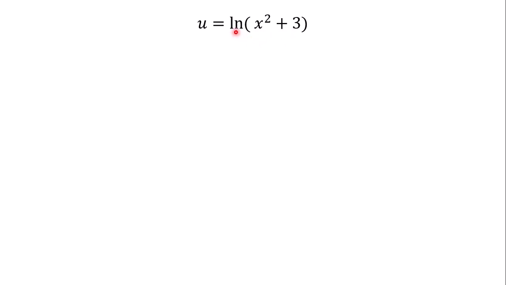To differentiate this one without encountering difficulty, I'm saying that we assume we are familiar with something like natural log of t is equal to 1 over t. We just write 1 and we divide it by the t. Okay, so we just assume that the whole of x squared plus 3 is